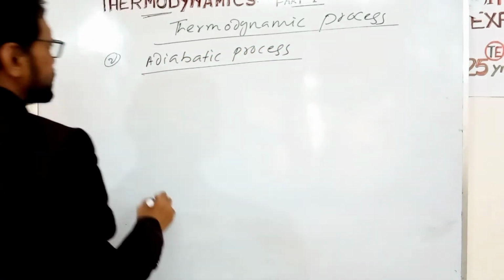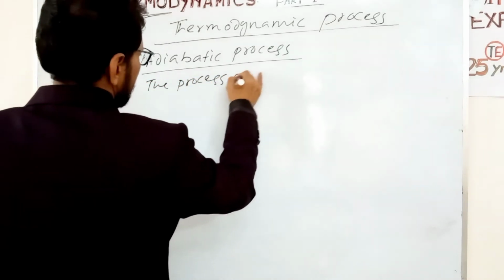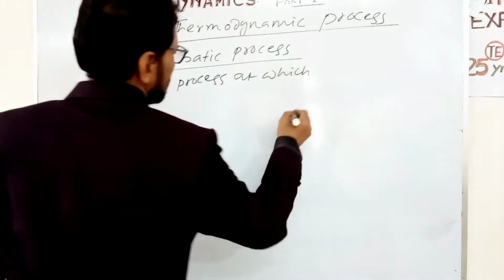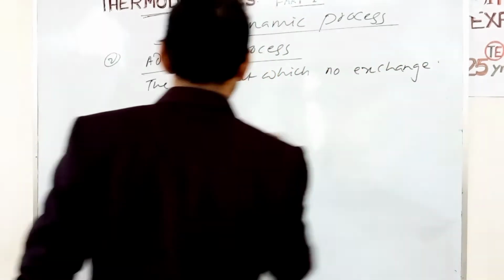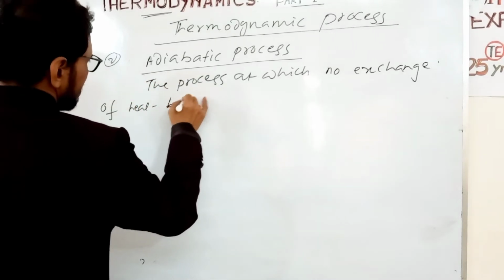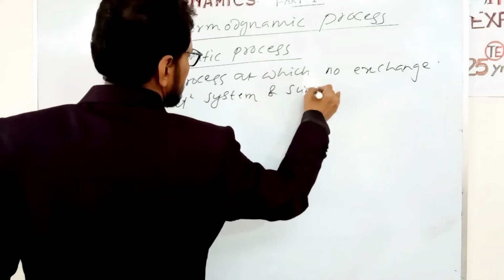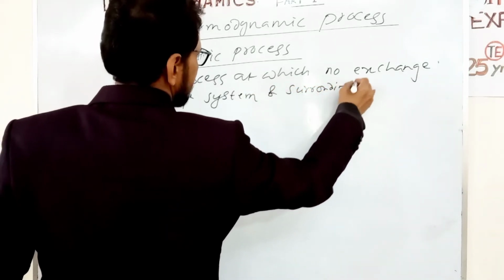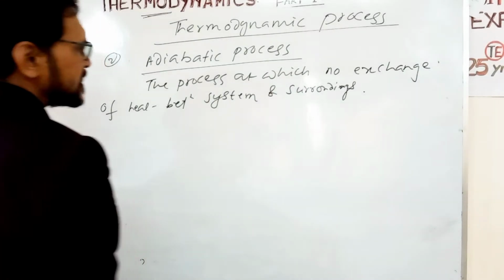Now the second process is the adiabatic process, that is the process in which there is no exchange of heat between system and surroundings. No exchange of heat between system and surroundings. Suppose